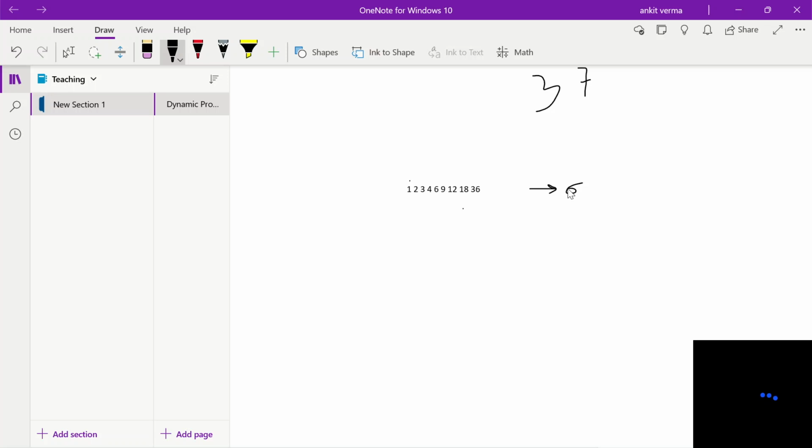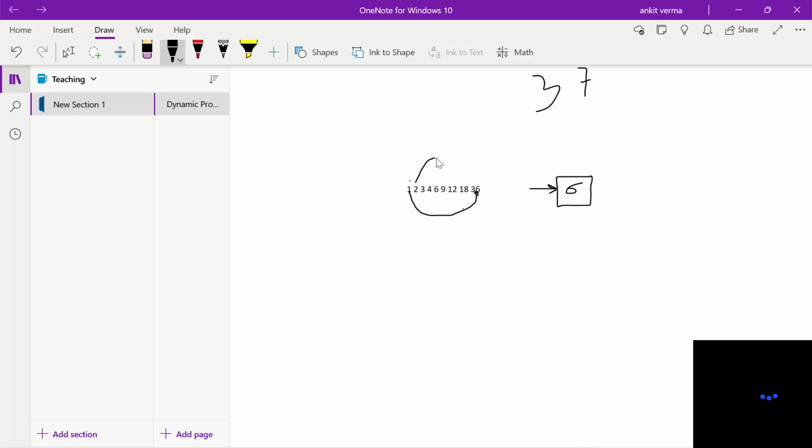So I can say that if I find a number between 1 to 6 which divides the number, then we can say that it is not a prime number itself, because these factors correlate.